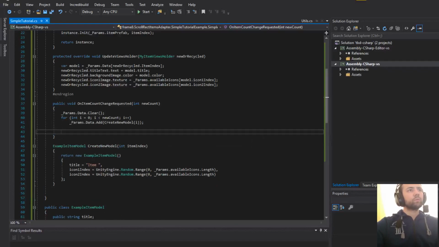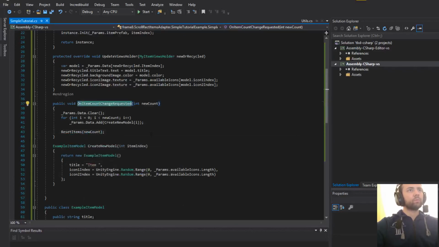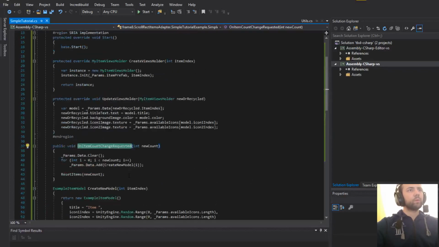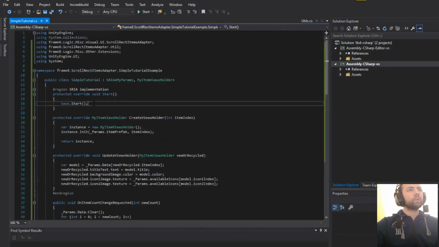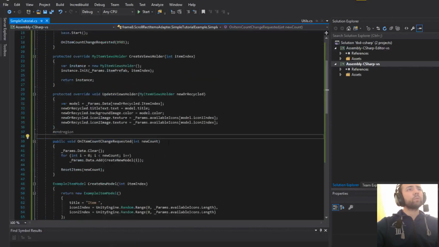And we simply need to notify the adapter to reset with a new item count. We'll initially set some random count there after the adapter is initialized. Then we'll add two methods to